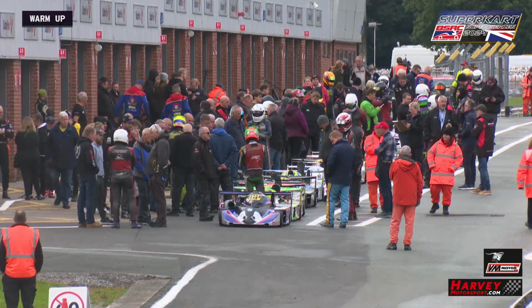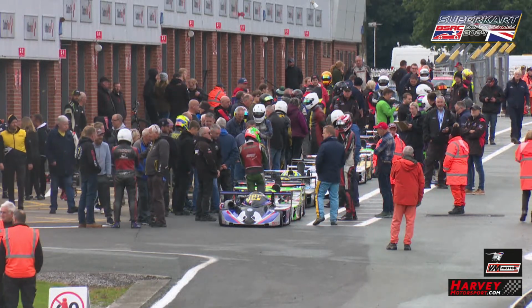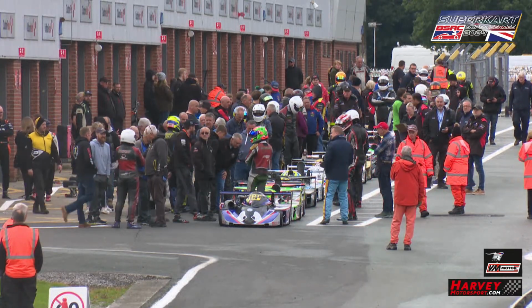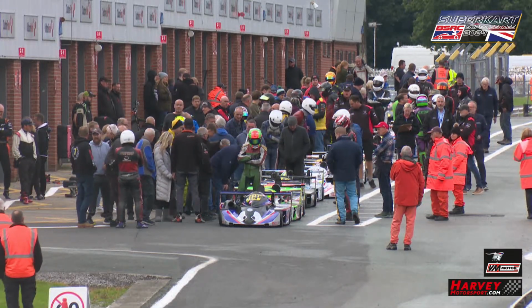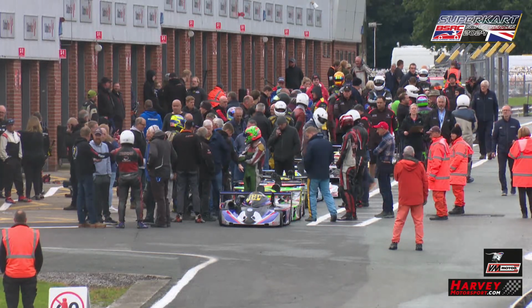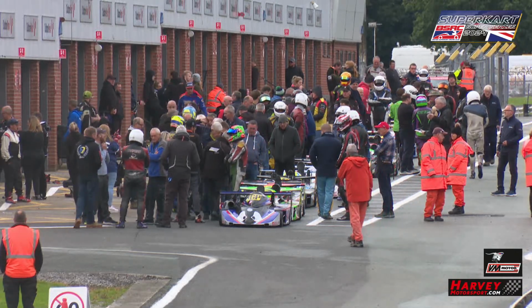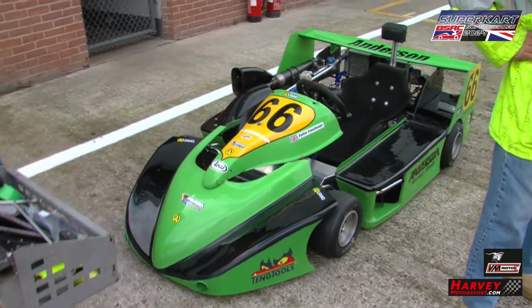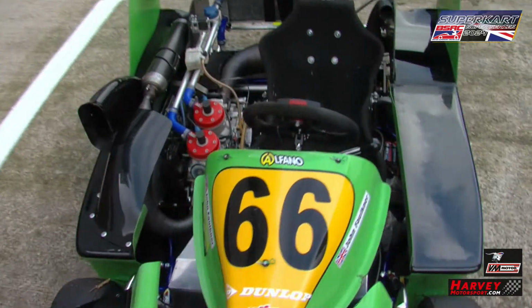Gary, do we know if this race may restart, or what's happening? Well, the TSL timing screen has come up with 12 minutes on the clock, which was the original race distance, but we have actually completed, what, 2 laps. So I'd expect the race time to possibly drop down to either 8 or 10 minutes, but nothing has come